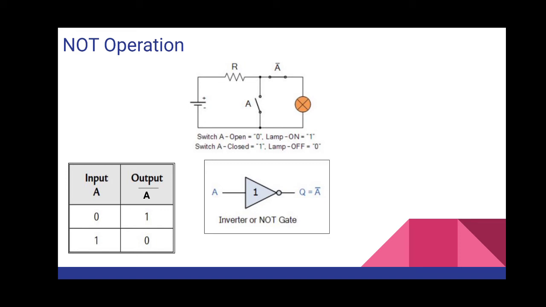Now this negation, if I am negating some input, how is it written? If my input is A, then the negation of A will be A bar. On top there is a bar symbol. So this is the indication for NOT operation, right? So understood, here only one input is required. And whenever we are giving any input to this NOT operator, it will give us exactly the opposite output based on the input we have given, right?